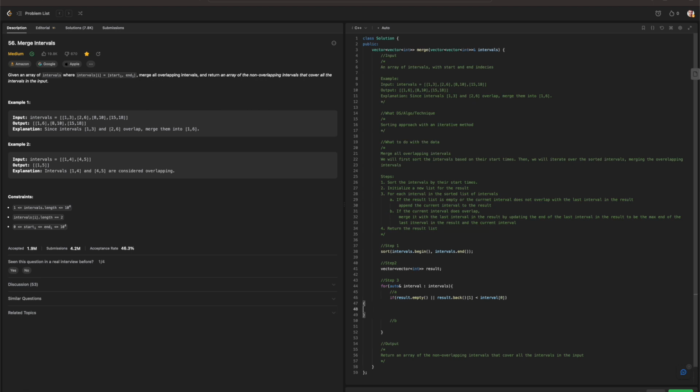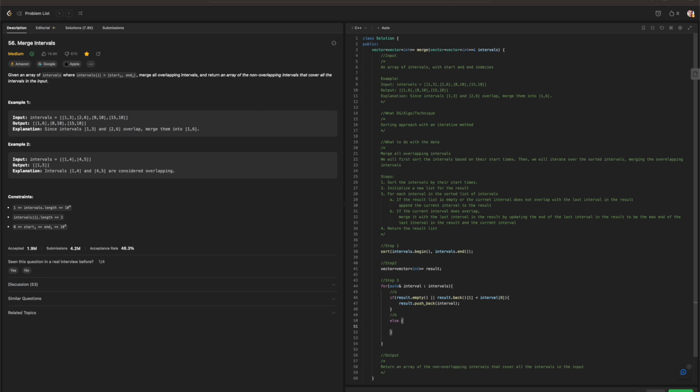We're going to push the current result that we have inside of our list, so that way we can figure out exactly result.push back interval. We will add the following index of intervals that we have not put inside of our result list. And then else in this part,